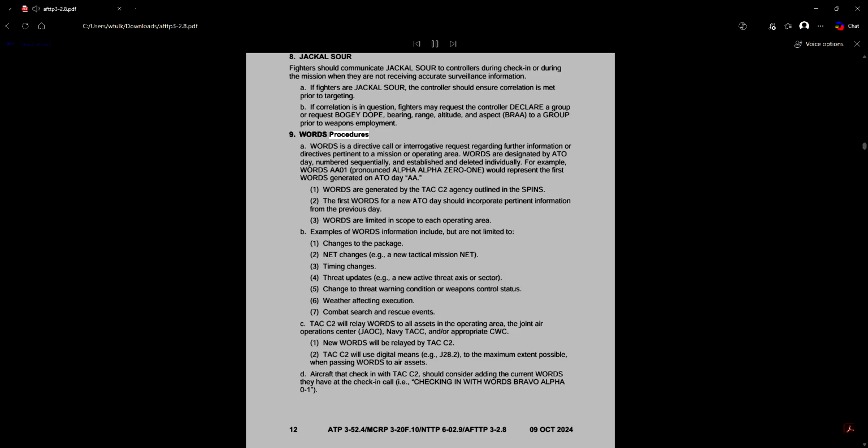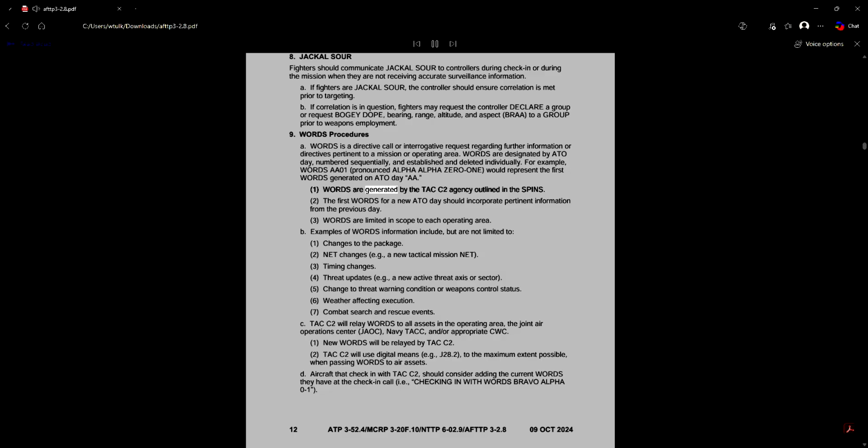9. Words procedures. A. Words is a directive call or interrogative request regarding further information or directives pertinent to a mission or operating area. Words are designated by ATO day, numbered sequentially, and established and deleted individually. For example, words AA01, pronounced Alpha Alpha 01, would represent the first words generated on ATO day AA. 1.